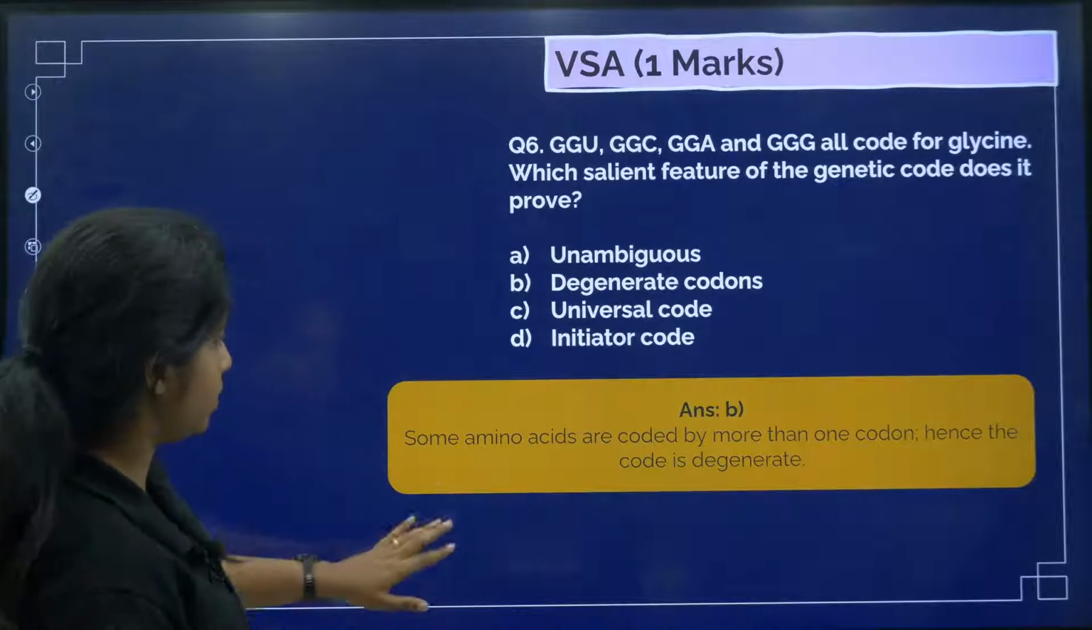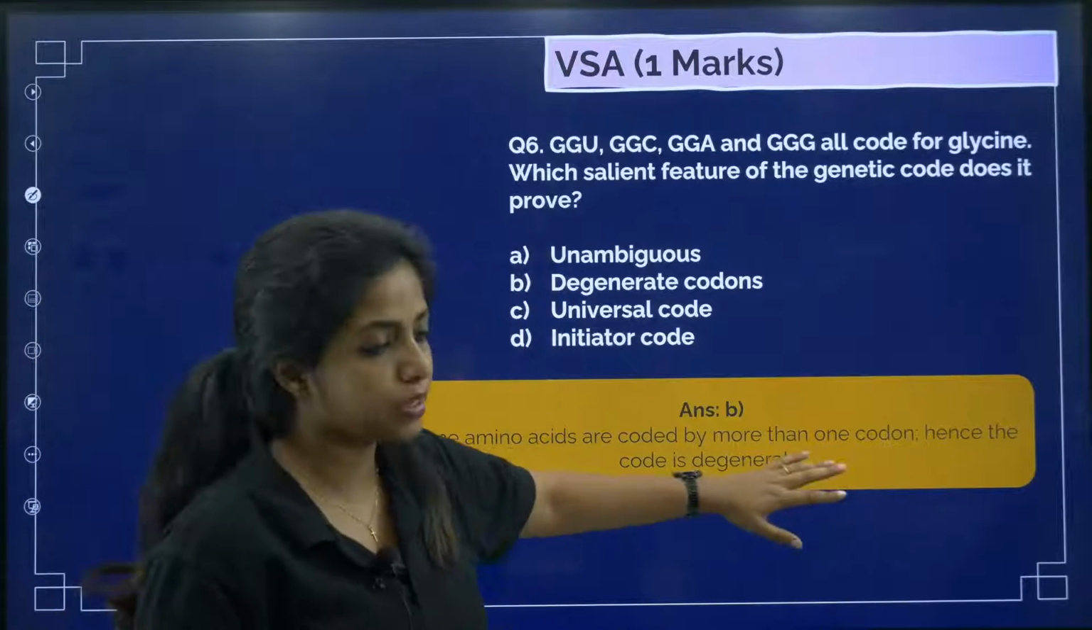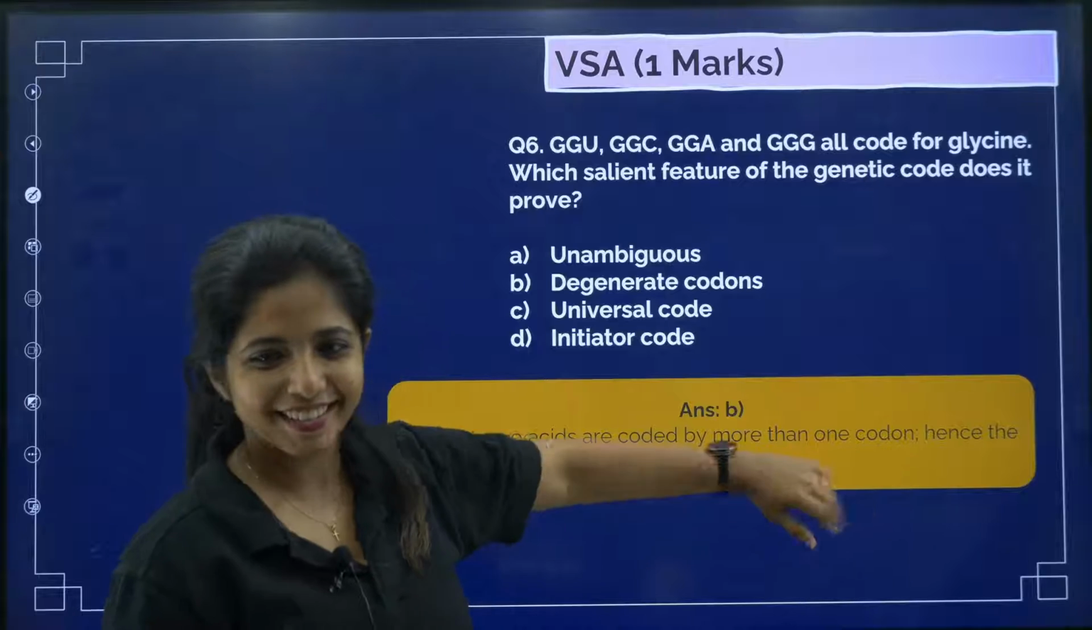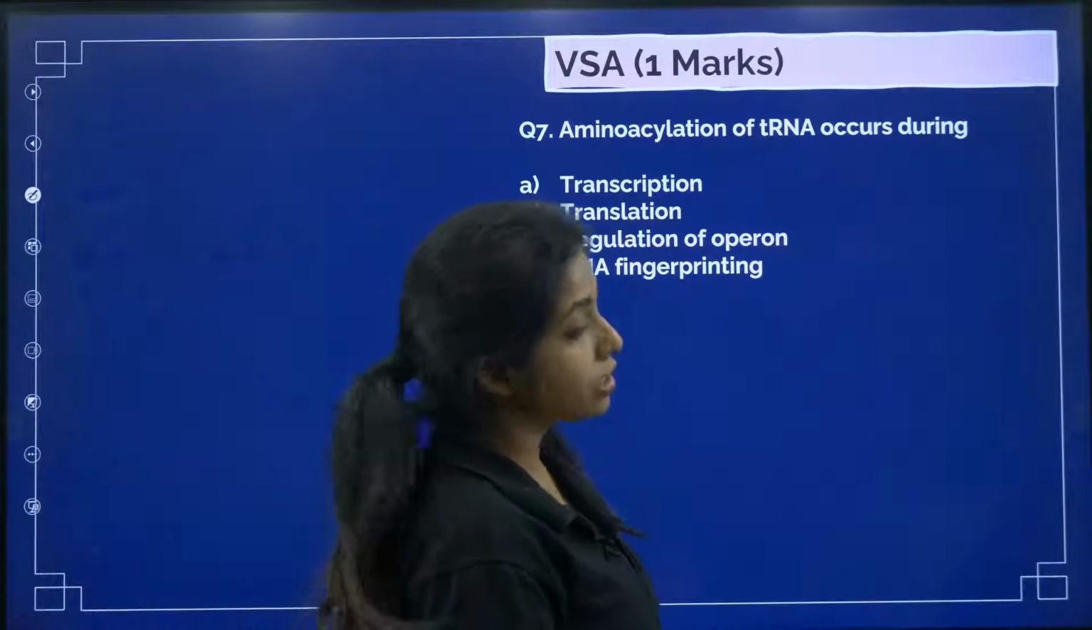Nayan, please ask me the doubt, my dear child. Some amino acids are coded by more than one codon, hence the code is degenerate. That is the answer for this. Cool. Let's go ahead. Aminoacylation of tRNA occurs during